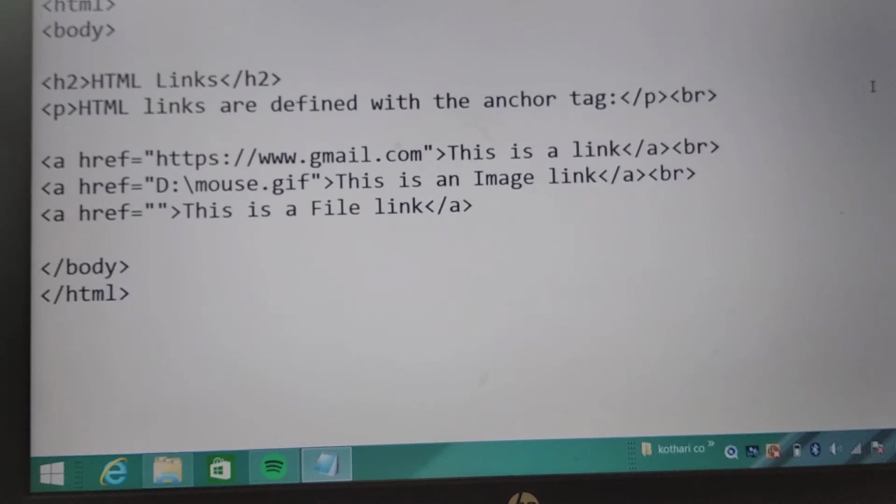So firstly, you have to keep in your mind that the anchor tag is mostly useful to give hyperlinking to a particular word, character, sentence or numbers.